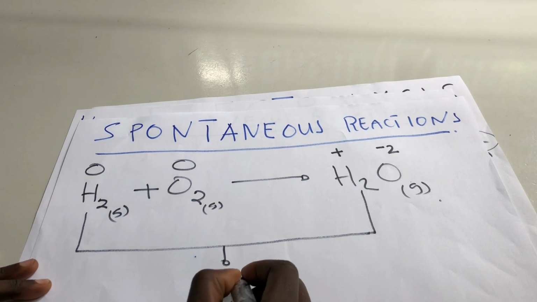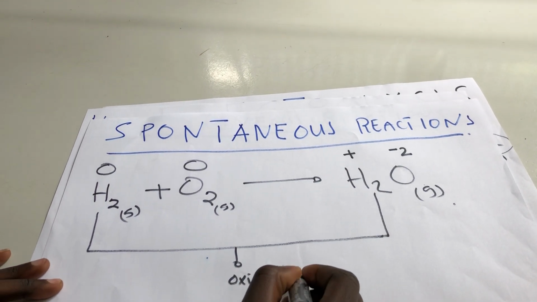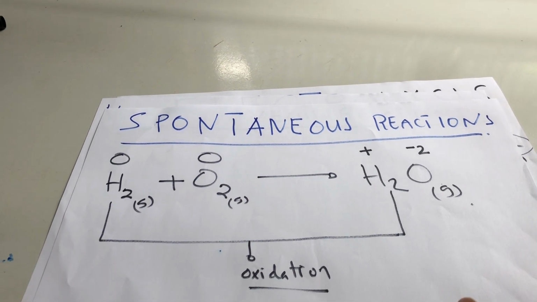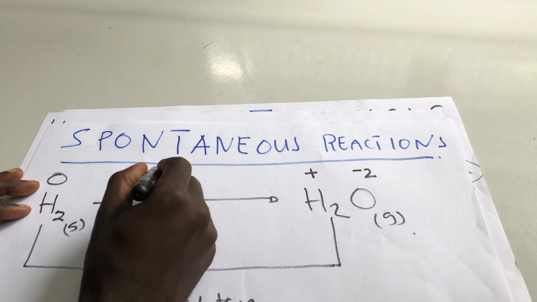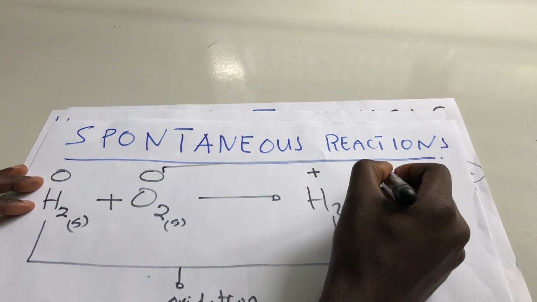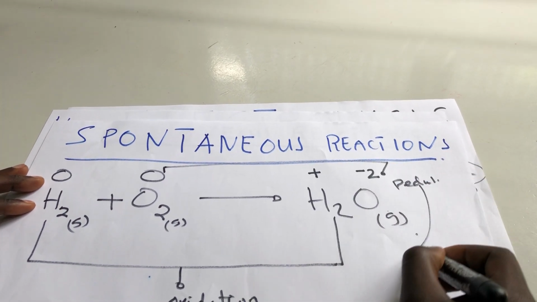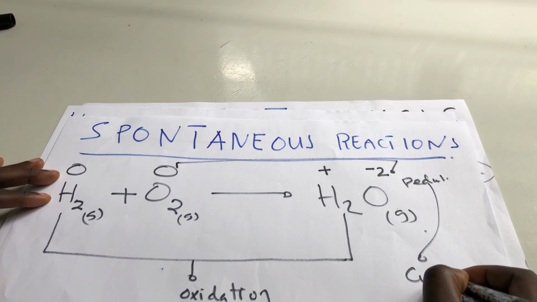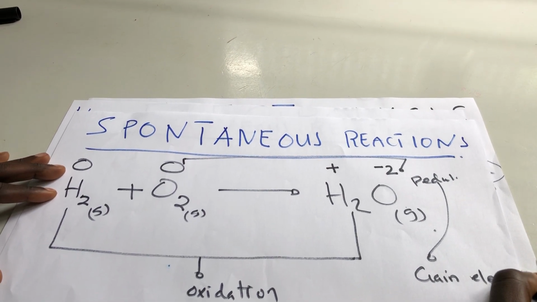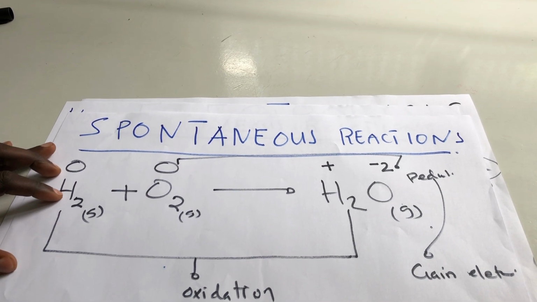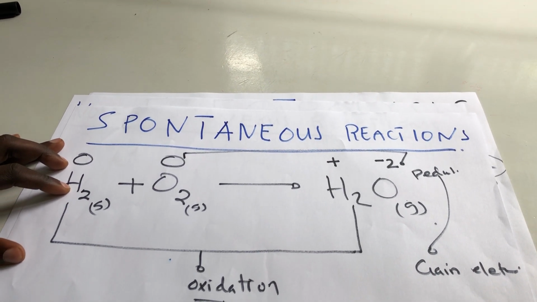amefanya oxidation, maana yake ame lose electrons during the reaction. It's okay. Lakini pia oxygen yeye amefanya reduction, and reduction means gaining of electron. So ame gain electron kwenye reaction, but this one hydrogen yeye ame lose electron